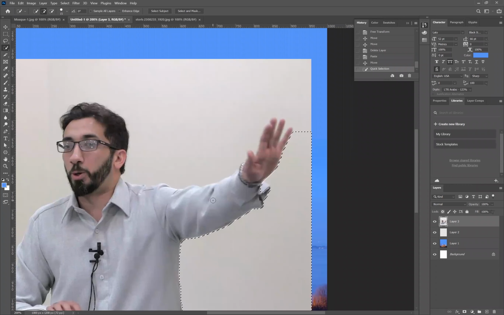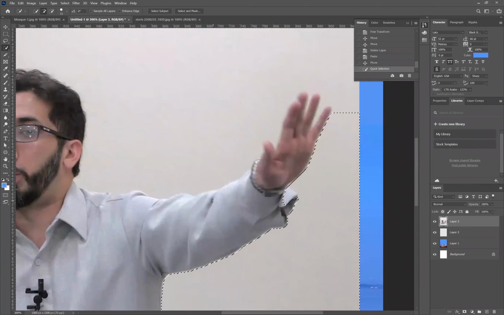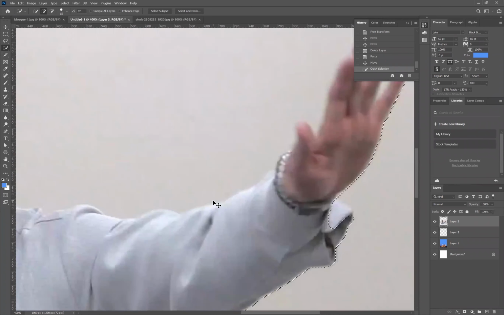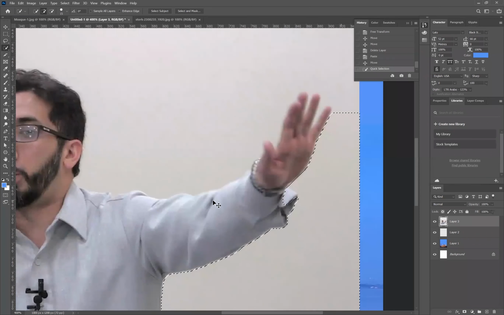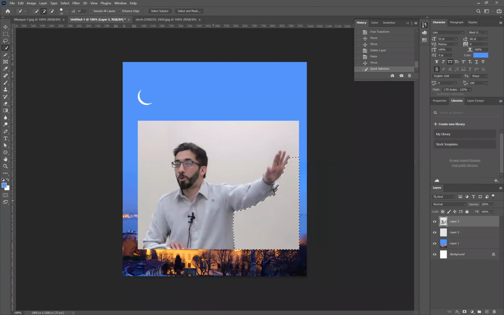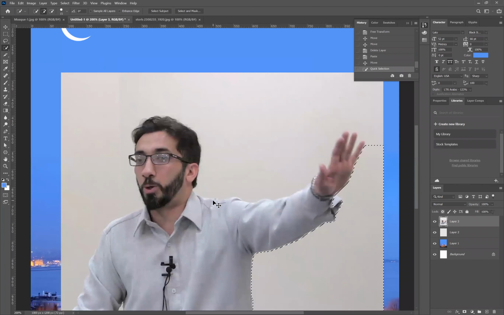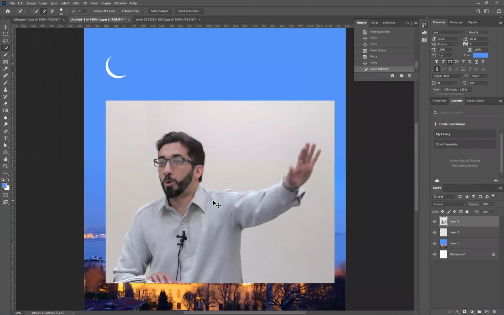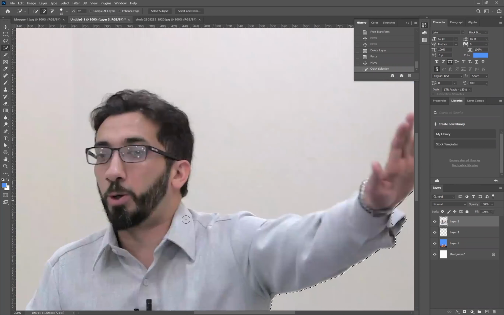Similarly in Photoshop, you can zoom in and see the detailed picture with the help of Control minus and Control plus. If you press Control plus, it goes deep into the picture. If you press Control minus, it comes back. We call it zoom in, zoom out. Control plus and Control minus.